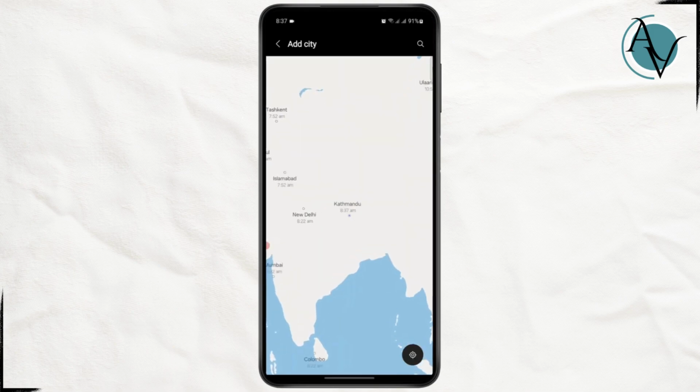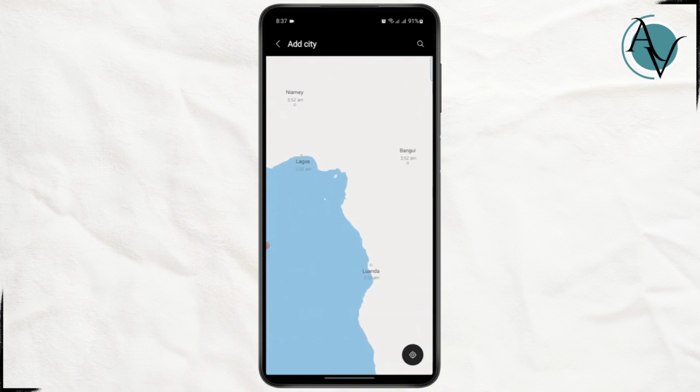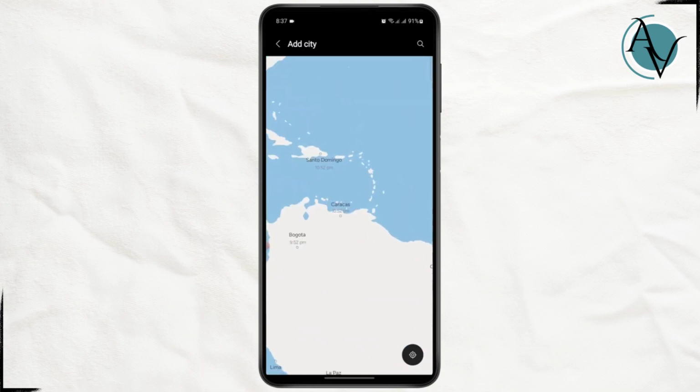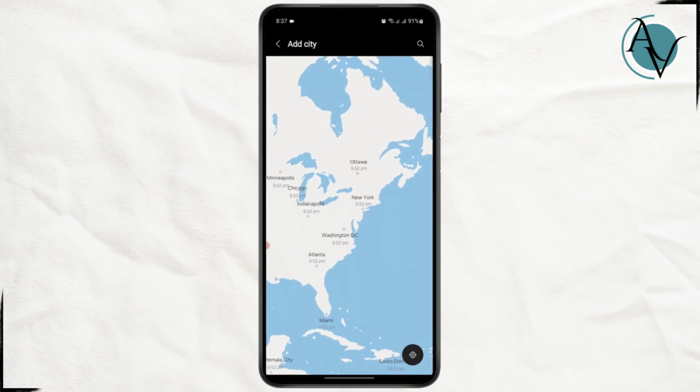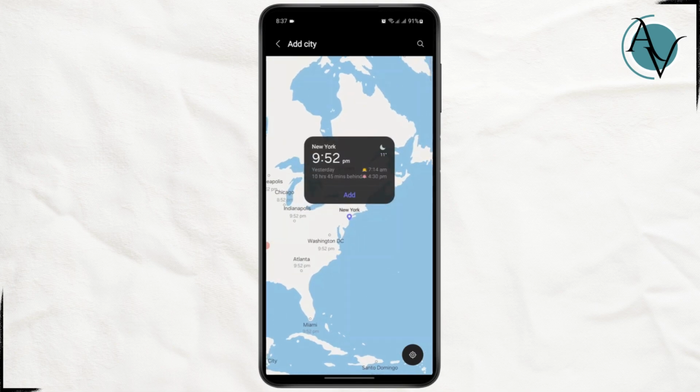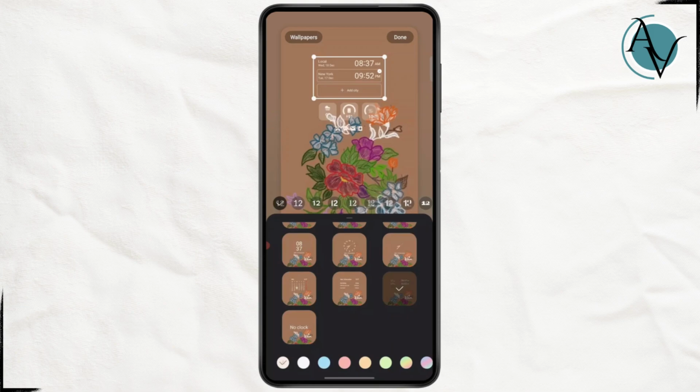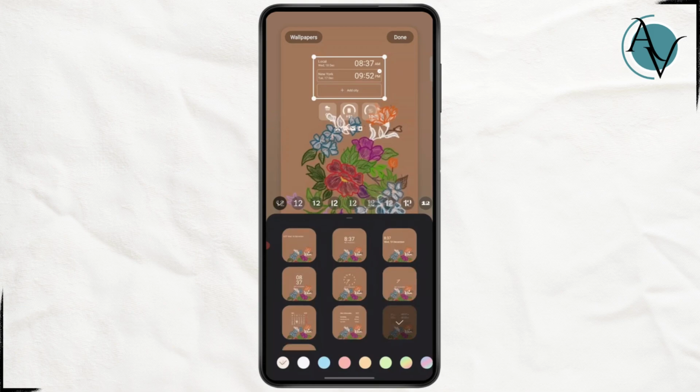So from here you can scroll through the world map and find the desired location. So let's say if I want to add a local time from New York, I'm just going to select the city and tap on add. So as you can see here, you are able to add multiple cities to view its time on your lock